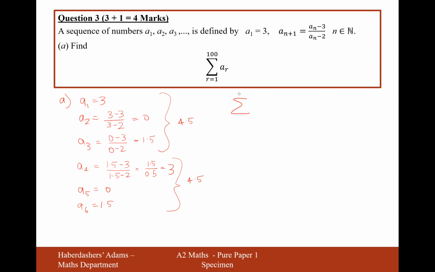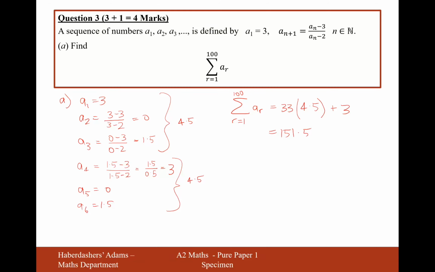So to work out the sum of the first 100 terms, we'll group them into threes. We'll have the first 3, the second 3, the third 3. That can take us all the way up to 99. So if we're going up to 99, we need 33 lots of 3s, and in each 3 we add them up together to make 4.5. And then we need the 100th term, and the 100th term will start the sequence again, so that will equal the number 3. So grab your calculator, do 33 times 4.5, add on the 3 at the end, and we get